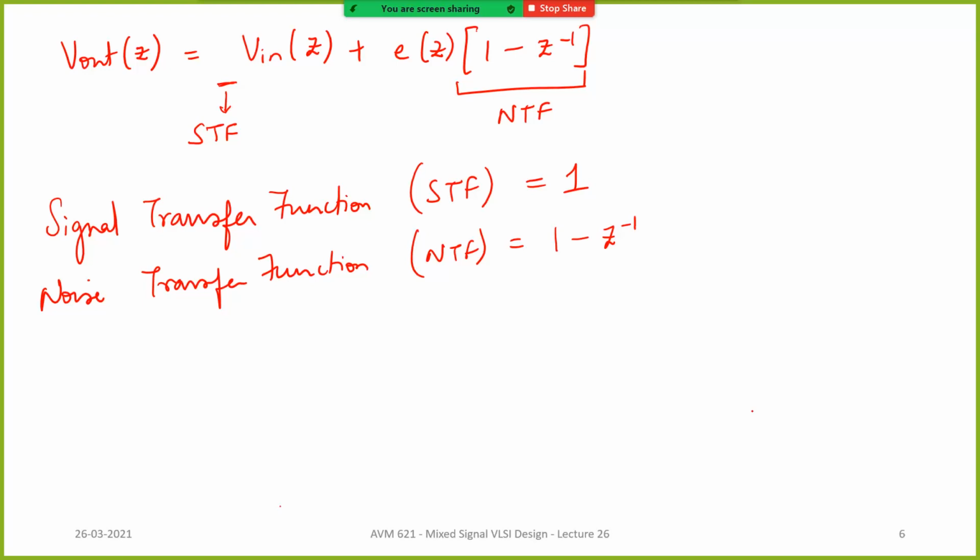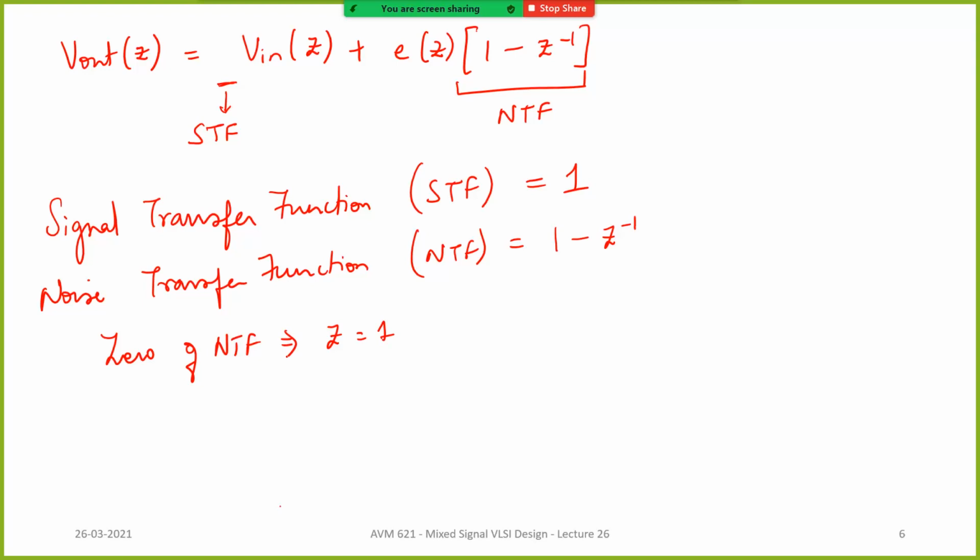If you go back to your signals and systems or your DSP, you will see that this does not have poles. This has a 0. Where is the 0 of the transfer function? It's Z equal to 1. Right. So it has only a 0 and no poles. Obviously, it will be a high pass transfer function.